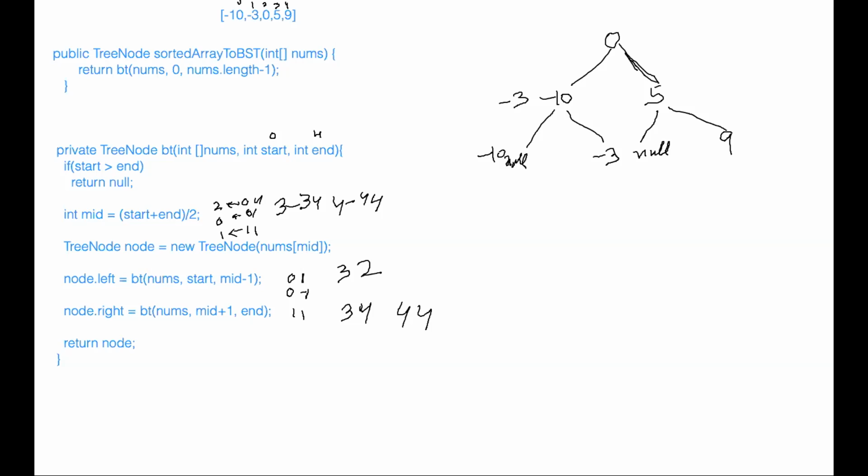I was saying start plus (end minus start) by 2 should be the mid. That is the same as start plus end by 2, right? Yeah, but that is to prevent overflow of the integer variable; it takes care of that, and is Java specific. That is only for preventing integer overflow.